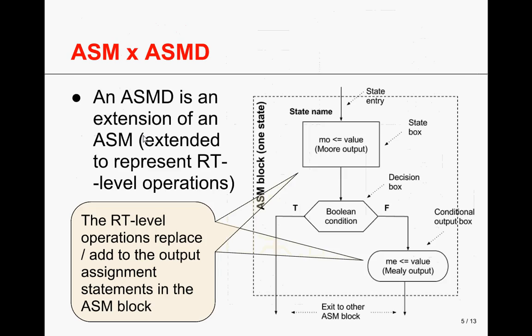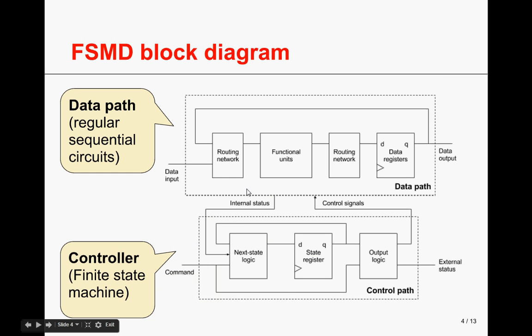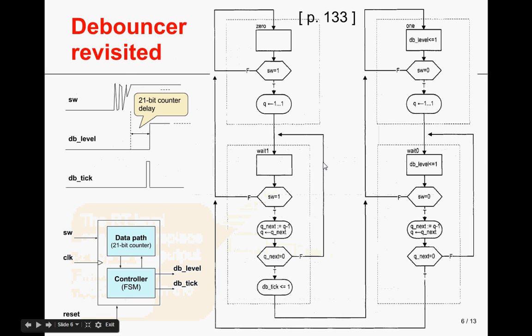So since we didn't have this connection from the control path to the data path, it wasn't really an FSMD. But in this case it will be, so this can be used as an example of how to design an